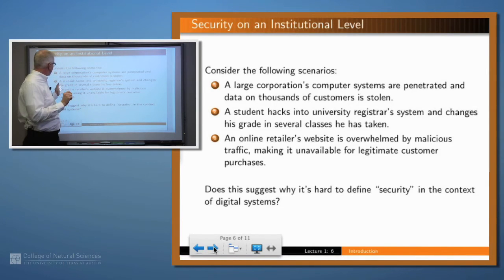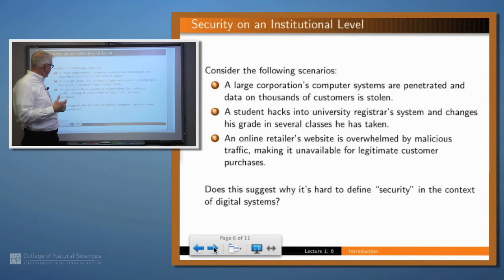Consider these other two attacks. A student hacks into the registrar's website and changes their grade. That may be something as a student that you might want to do, but certainly the university views that as a serious breach of the security. Notice that that is not a breach of confidentiality, right? Because the student already knows what their grades are. And it's not about them gaining information that they shouldn't have. It's about the possibility of changing information which is stored online. And so in computer security, we call that a breach of integrity rather than confidentiality.